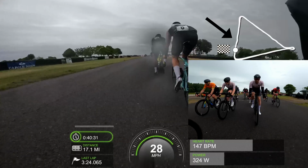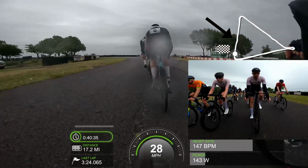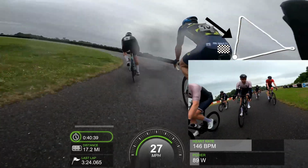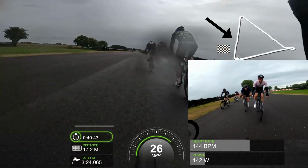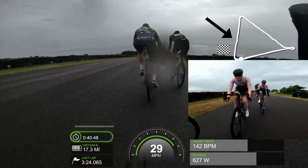I've also seen all too many times people getting away, or trying to get away with a lap or 2 to go, being brought back and finishing nowhere. I don't really want to risk finishing nowhere, because, as I say, I want to get those points. I know you should always be looking for the big result, but I did just want to tick that box